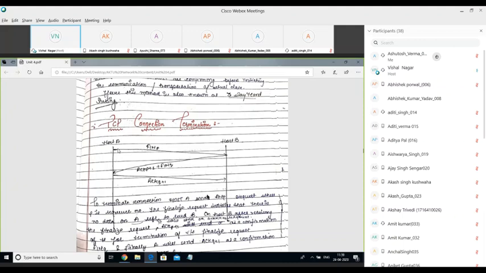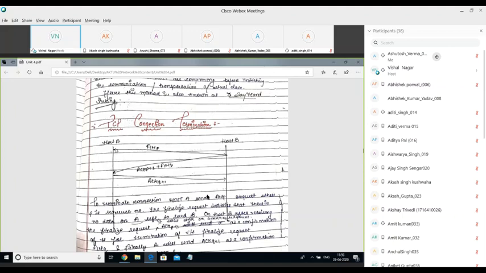Let's say host A has completed all its data and wants to terminate the connection. It will send a request, say FIN P, to B. If B approves A to terminate the connection, it will provide an acknowledgement ACK P plus one, the sequence number next to this one.